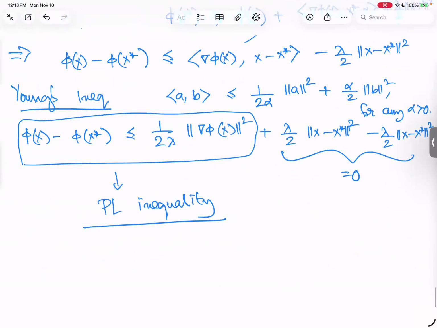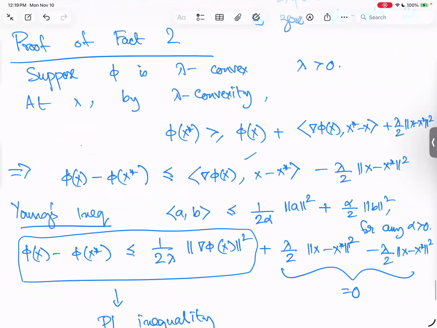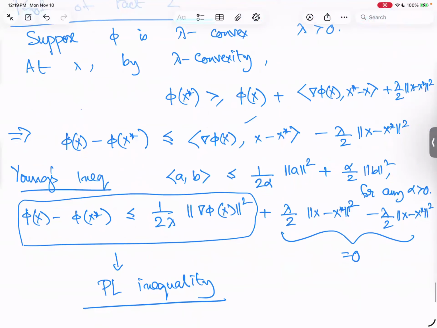Right? So just drawing the tangent at an arbitrary x and looking at what happens at the minimum x star, and some use of Young's inequality tells me that the PL inequality must be true. So what I get from here is that all lambda convex functions must satisfy the PL inequality. I want to stress here